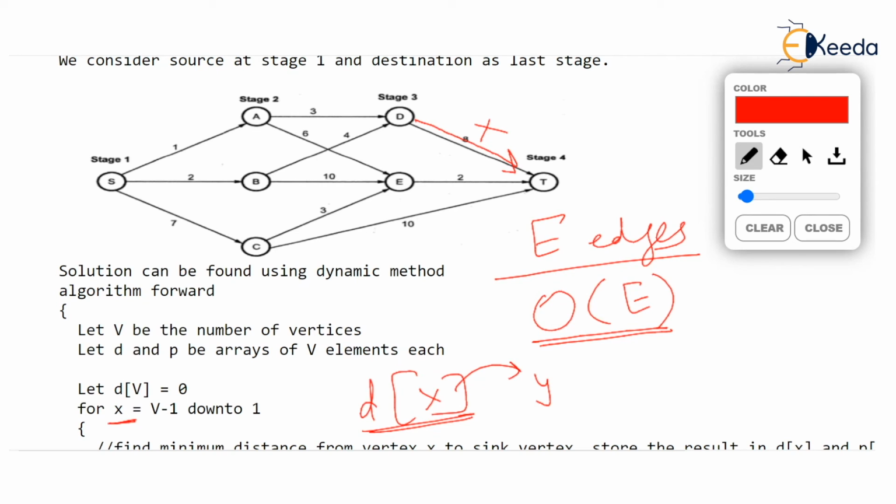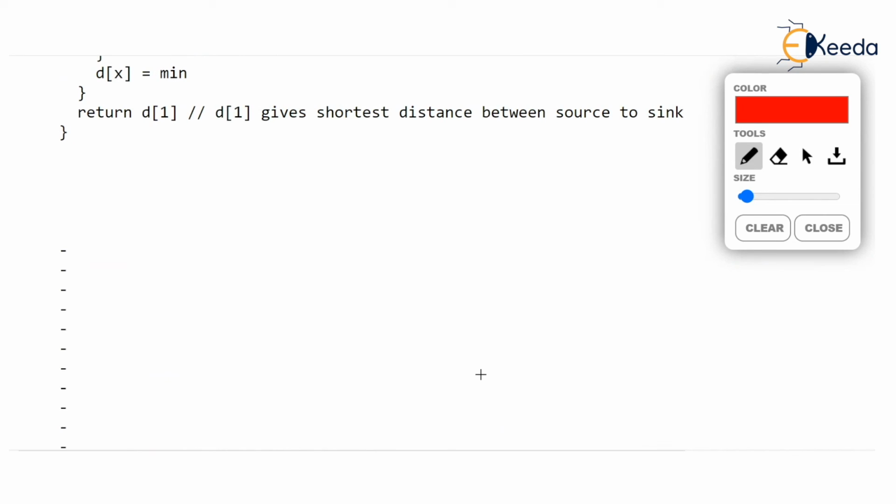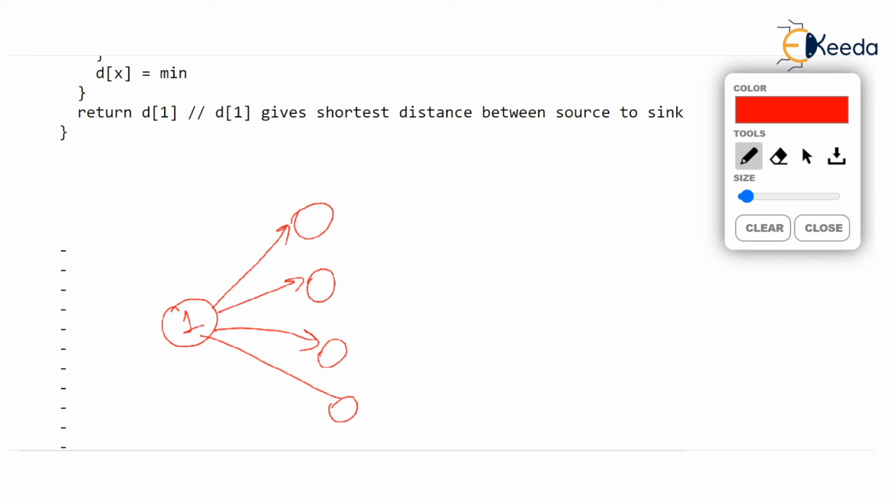The worst case of this particular algorithm will arise if the graph is really dense. Let me clear a few things. Big O of E can happen to you in the best case. But what if the graph is really dense? A dense multi-stage graph means, as an example, this is the source and this is the next stage. There are a lot of vertices in the next stage, and